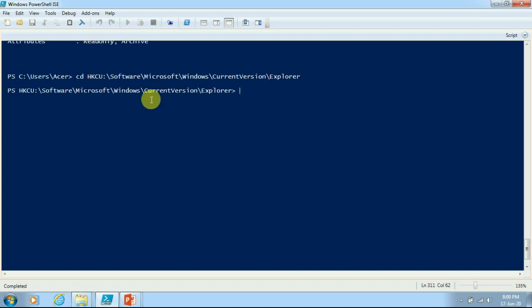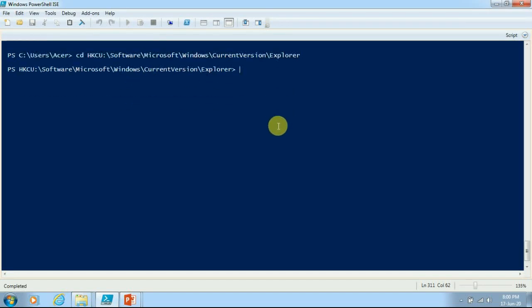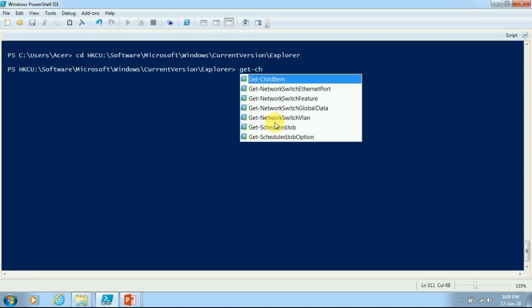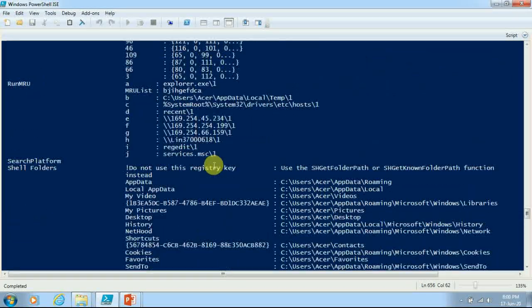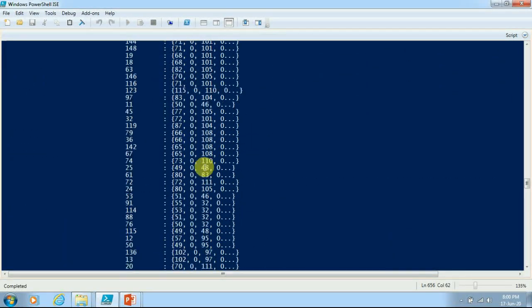I have changed my current location to HKCU, Software, Microsoft, Windows, CurrentVersion and Explorer. To fetch all the keys available inside this one, all the child items, I will have to use Get-ChildItem. It includes a lot of folders and keys inside this one.